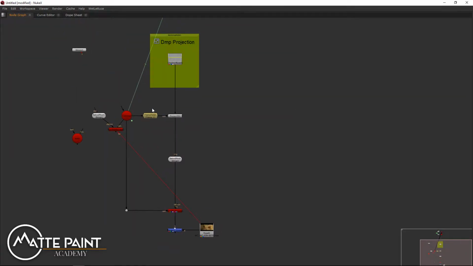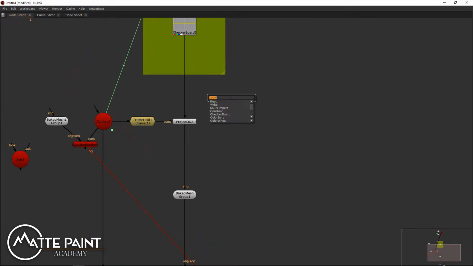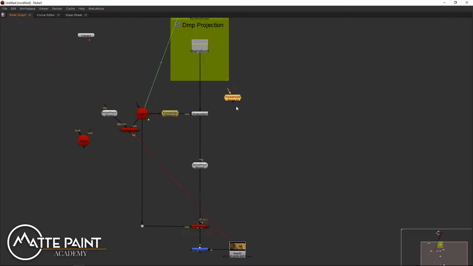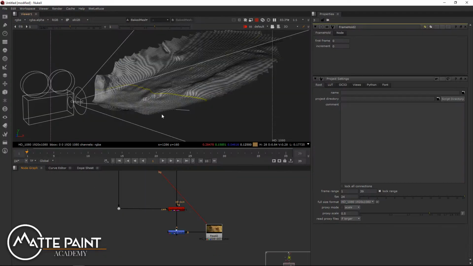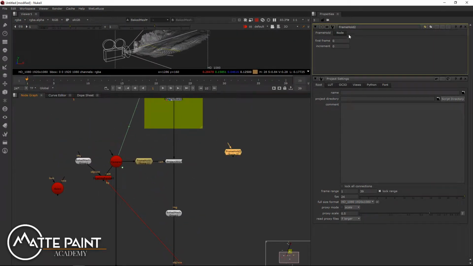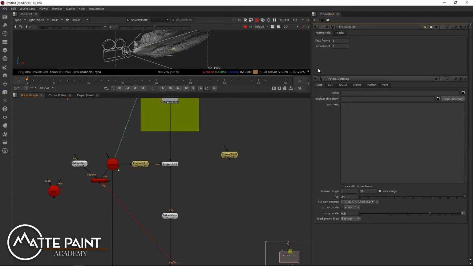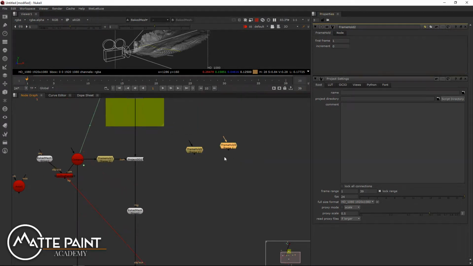So to do our work on the first frame projection, let's go with a frame hold. Actually, we don't need that anymore. So we'll set this frame hold to frame 1 because that's the projection frame that we want. But we probably also want to do it on the last frame as well, because you're probably going to want a couple of